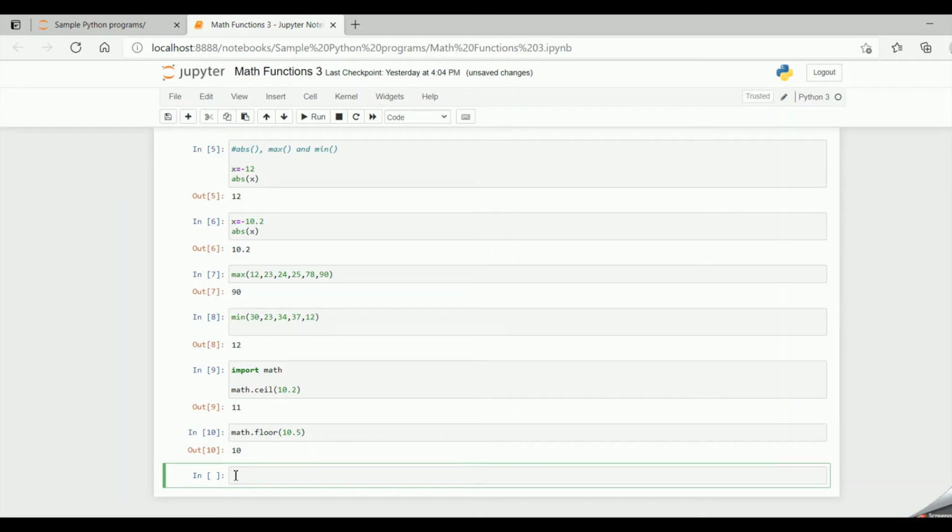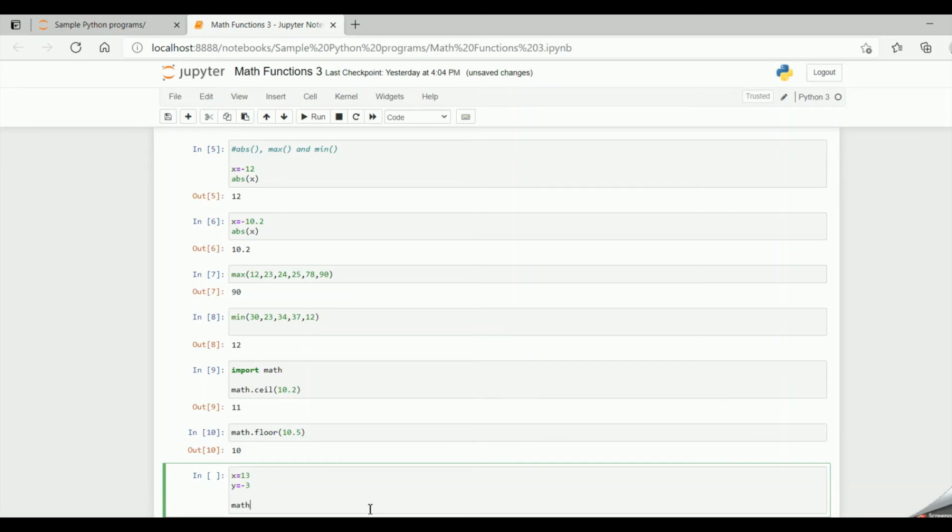Now let's go into the third function, that is copy sign. For that we require two numbers. One is x and the other one is y. I have given x equal to 13 and y equal to minus 3. So friends, what does the copy sign function do?